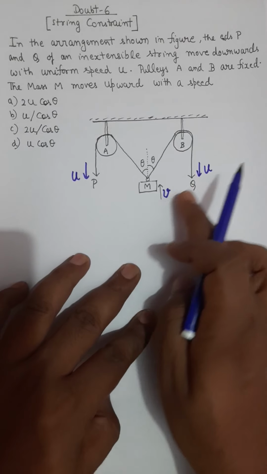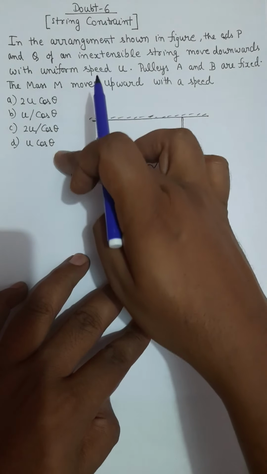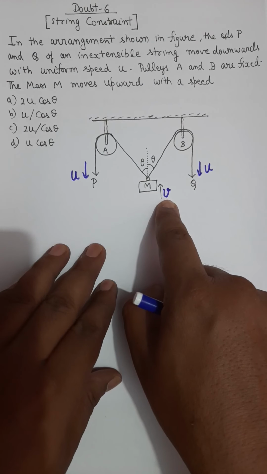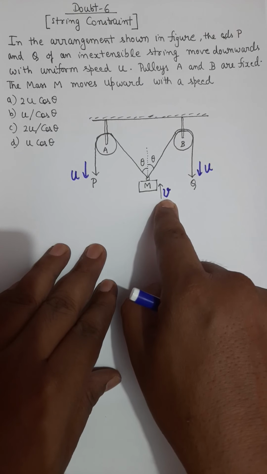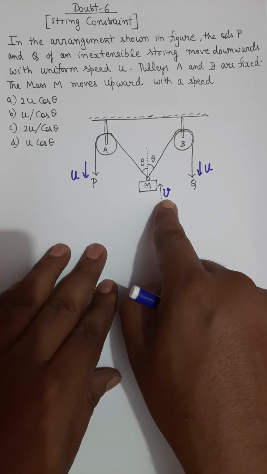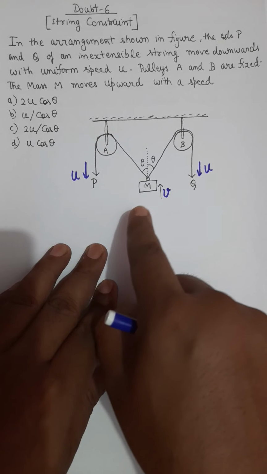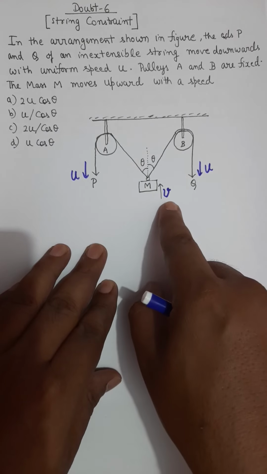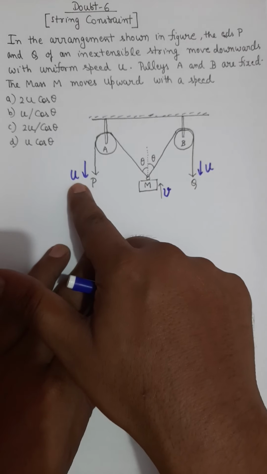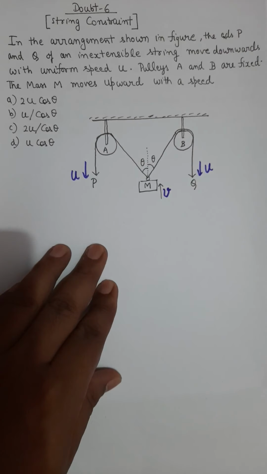And you have to select an option between these 4 options. The 4 options are given, right? We have to find the value of v, and accordingly we have to select whether A is correct, B is correct, C is correct, or D is correct. A very famous question, but confusing also. Students are confused whether they have to decompose or resolve v, or they have to decompose or resolve u. That's the biggest confusion in this question. So I will solve it in the descriptive approach.